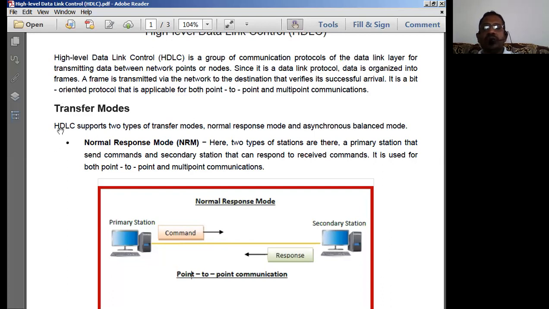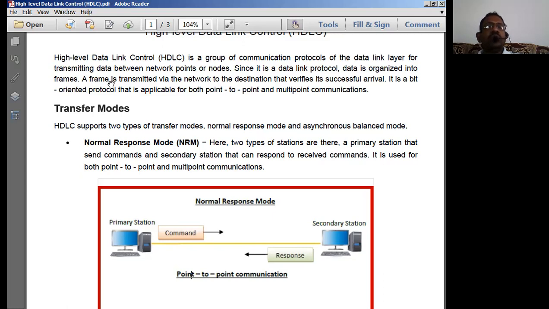This is an important point I have been telling you for so long. When a frame is transmitted, you should use the word frame. If you don't use the word frame, and just use the word data or something else, it is not going to be appropriate when you speak about data using the HDLC protocol.